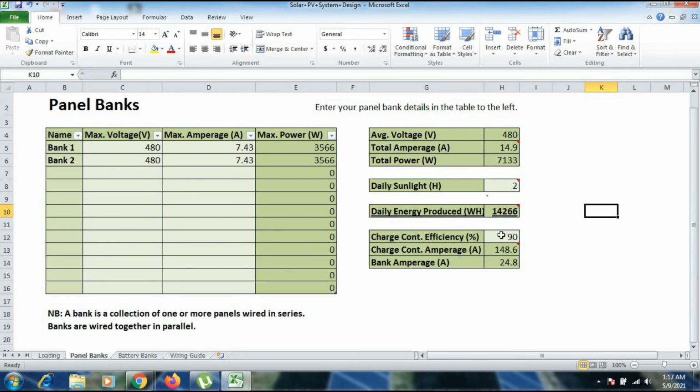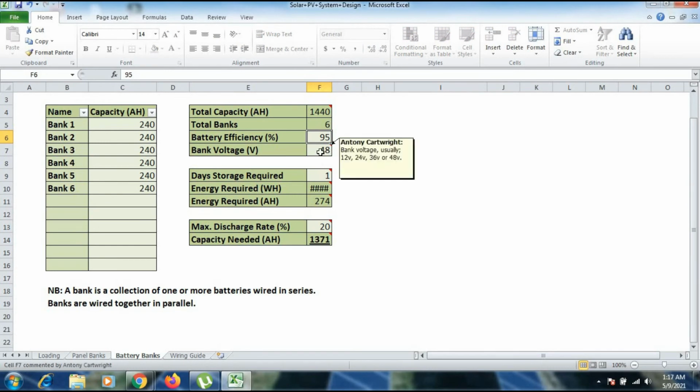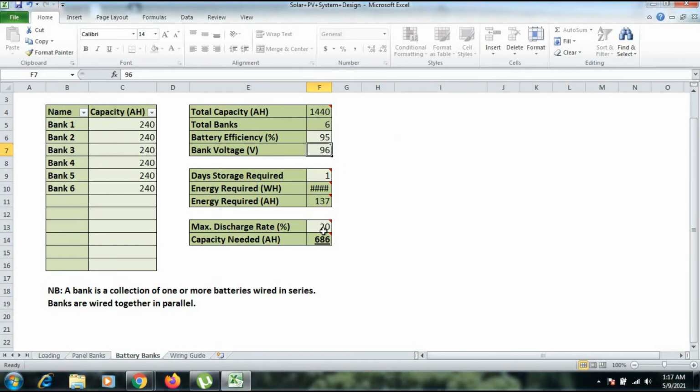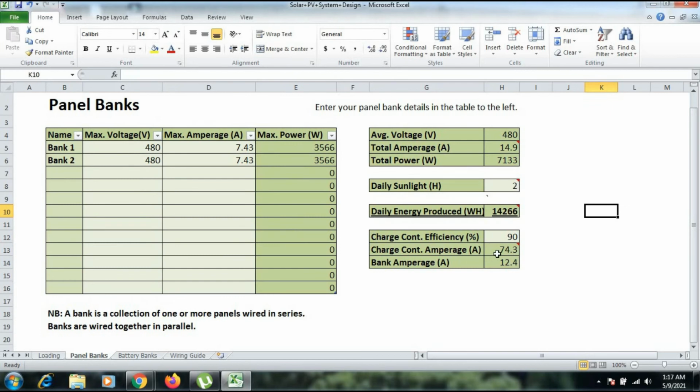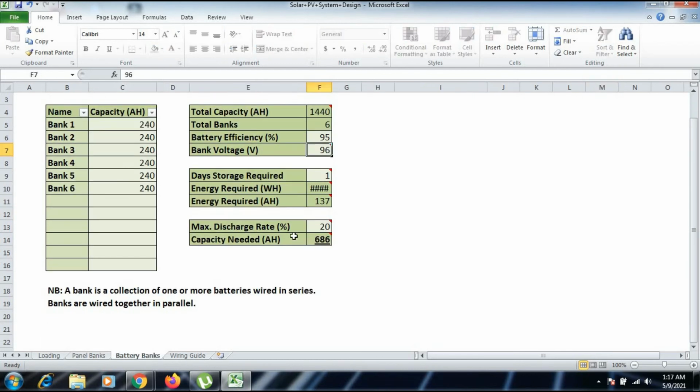Now what if I change this voltage again to 96? Changing this to 96, I now need 686 ampere hour, and the charge controller amperage also got lesser, it's 74.3 now.